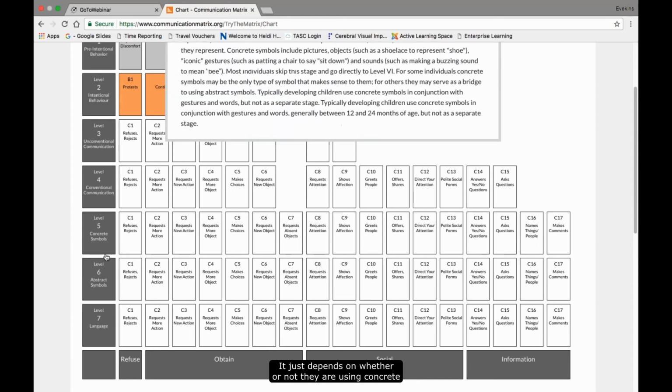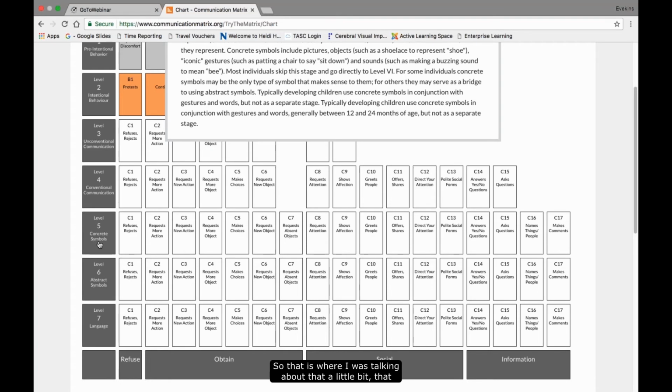It just depends on whether or not they're using concrete symbols, which again are those whole objects. And you'll see up here on the little narrative above, it says most individuals skip this stage and go directly to level 6. But for some individuals, concrete symbols may be the only symbol that makes sense to them.